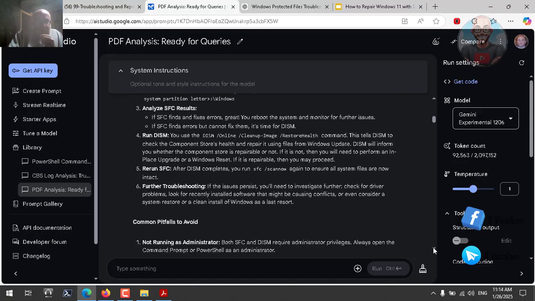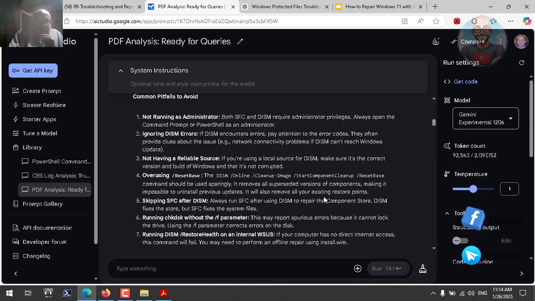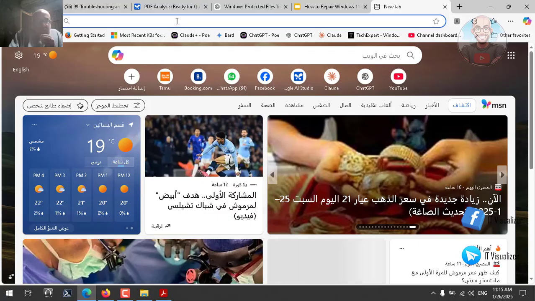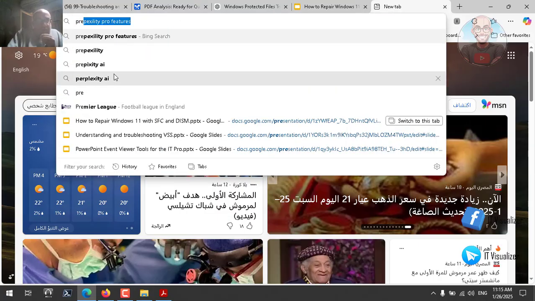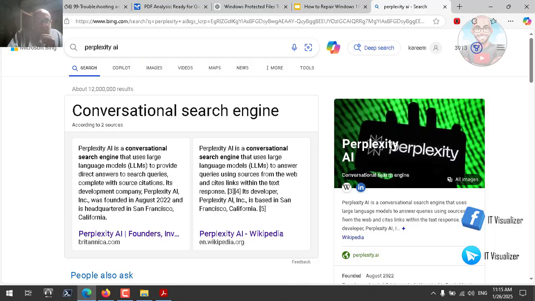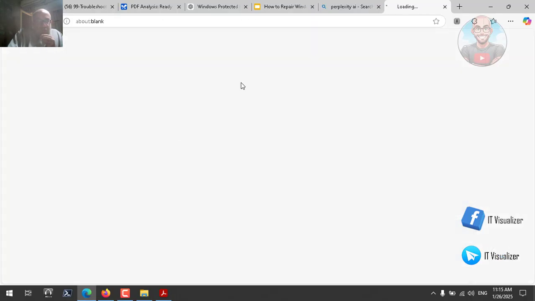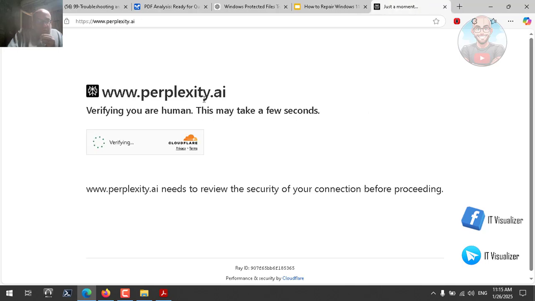If we go to this, let me see, because he said, for example, this DISM online cleanup image startcomponentcleanup resetbase should be used sparingly. It removes all superseded versions of components, making it impossible to uninstall previous updates. It also will remove any existing restore point. Let me get this commandlet, copy it and try to see, ask Perplexity AI what does this do exactly, because actually I don't know if this is correct or not. Here we can go and ask,